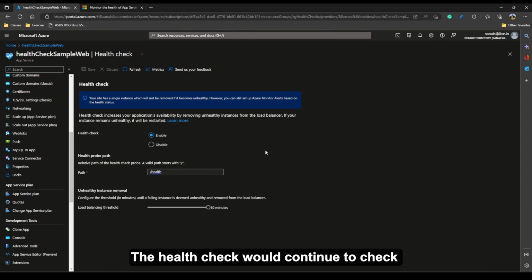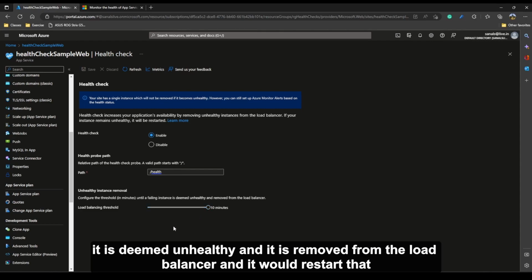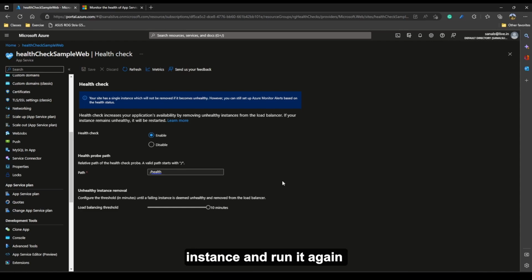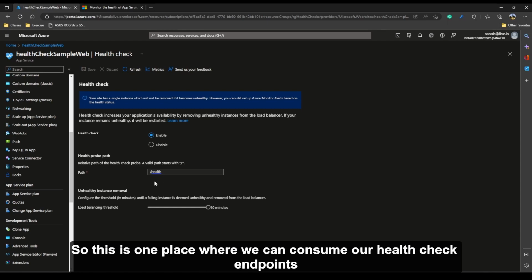The health check would continue to check the health status of your instance for another 10 minutes until it is deemed unhealthy, and it would restart that instance and run it again. So this is one place where we can consume our health check endpoints.